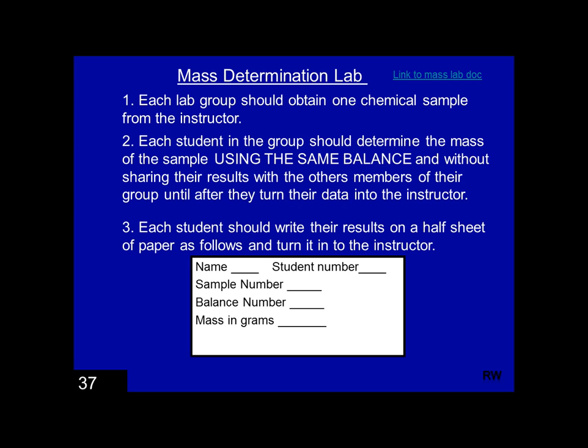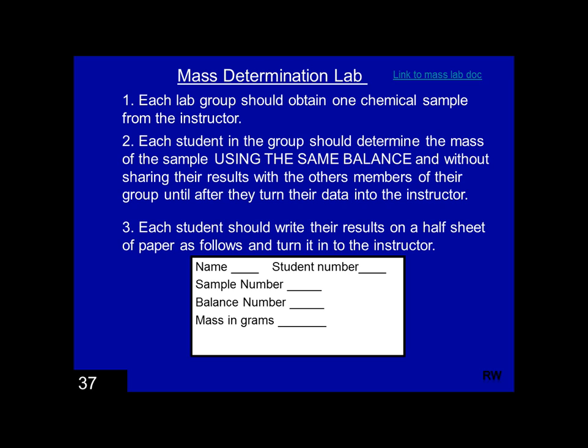So in this lab, imagine that at the lab table there is a balance at 7 different lab tables, and there's a sample, a little vial of salt on each lab table. So each lab group would measure out this salt, but each student would do it independently. So we'd start the lab with a person from your lab group would go and measure the sample